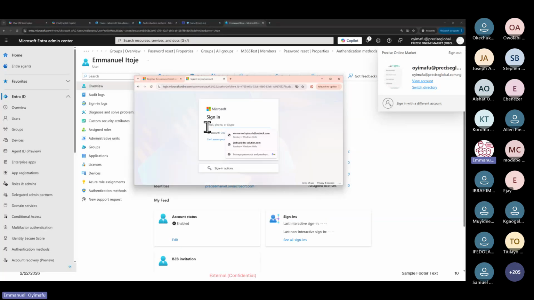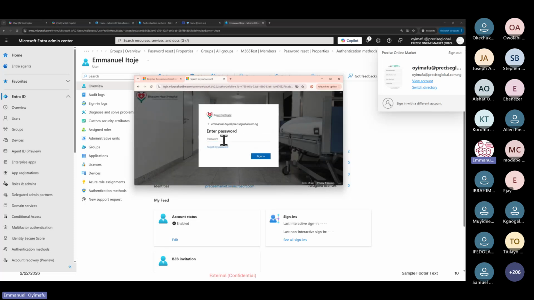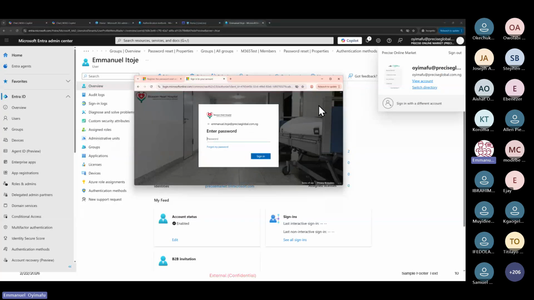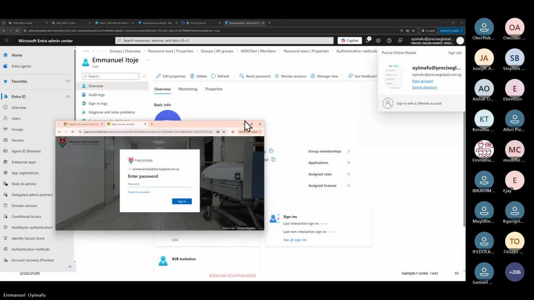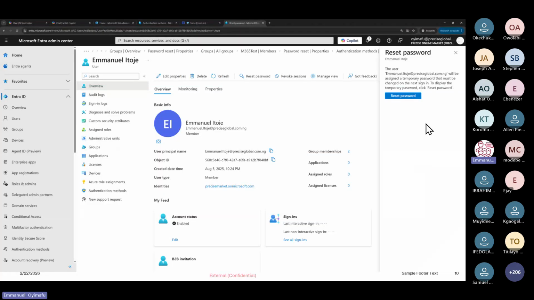Let's take note of that: you must register for SSPR before you'll be able to use an account for SSPR. I think the password should be on my clipboard. Let me reset the password again. Just click on reset.